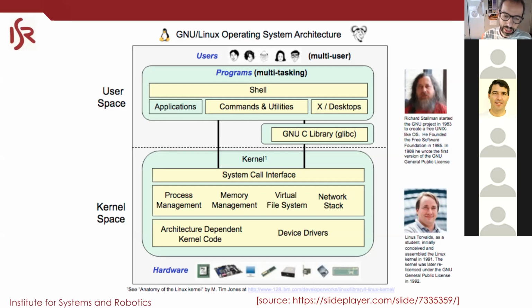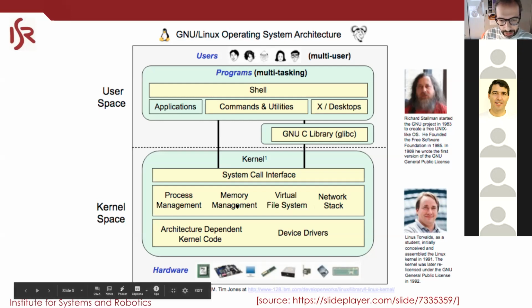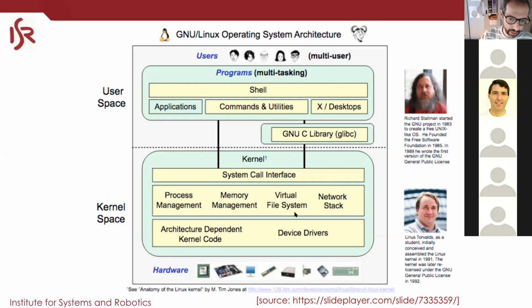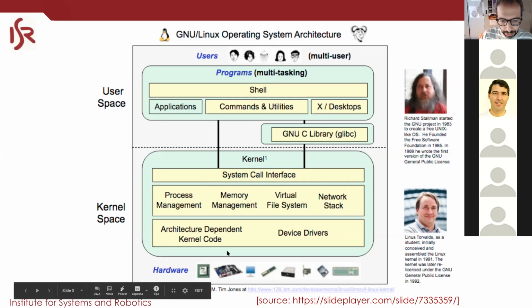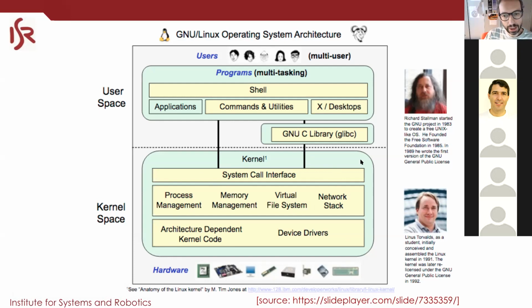Okay, how do we interact with all of this stuff? We interact through a system call interface, which is a set of functions that you call into this kernel space. This is privileged code, so it is code that is able to do everything with the computer. But the processes that you run in Linux are constrained, so you cannot mess with the memory of another process. This is good because when something goes wrong with a process, that process dies and does not affect the rest of the operating system. It is by virtue of a set of protection mechanisms that do not allow one process to mess with other processes.